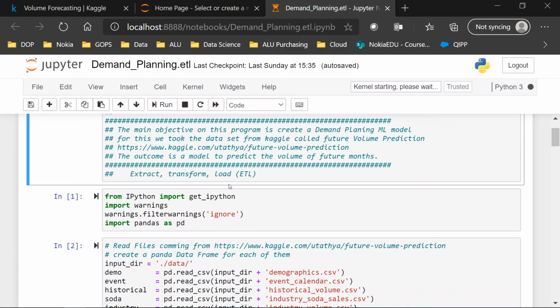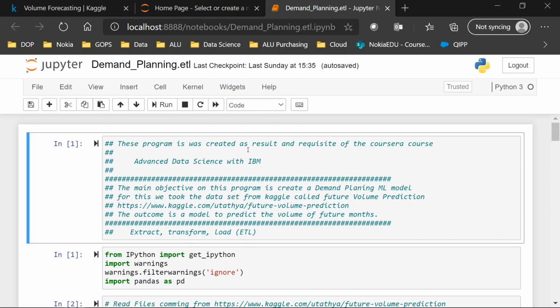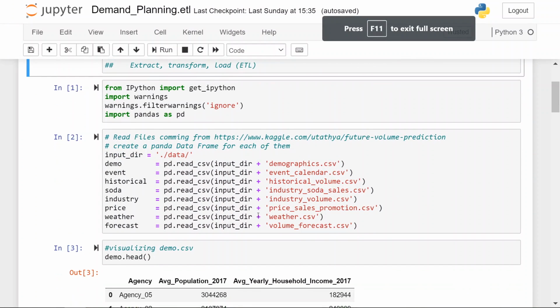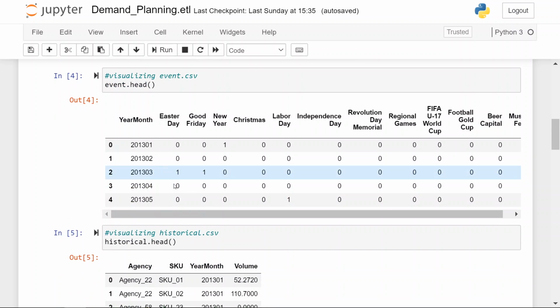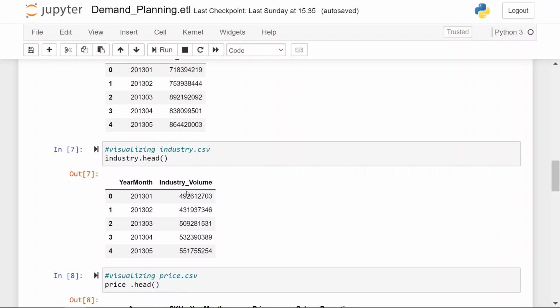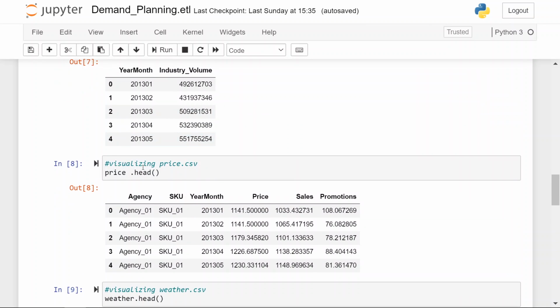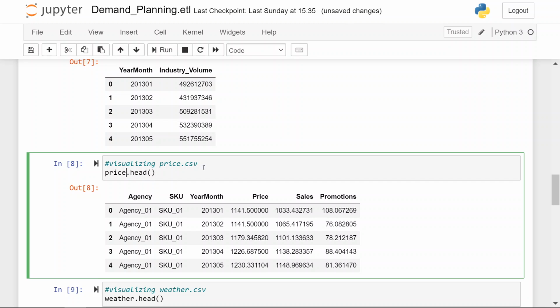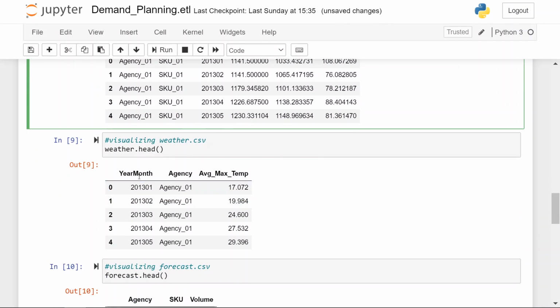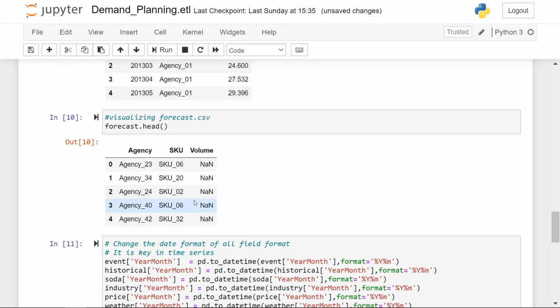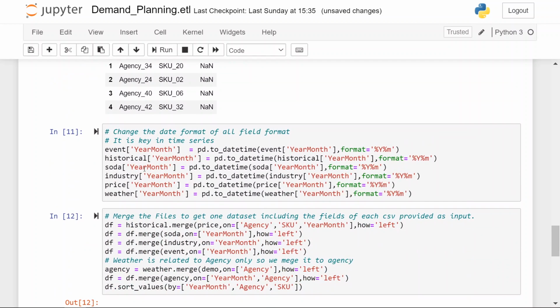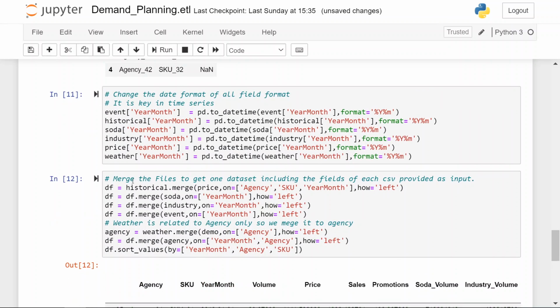In the ETL, basically what we did was read all the CSV files that they provide, to see that they are looking pretty well in pandas, because I am putting all of this in a pandas data frame. So we read it, then we convert the dates, which are in a strange format, so I am converting all the dates to proper date formatting. Then I merge all the data sets that I have in the CSVs into one single data set